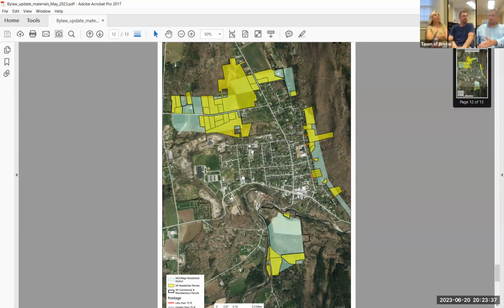So what are some of the changes? We've been discussing dimensional standards and other things that you can make within the village planning area that would provide for those increases. John's looking for other site plan reviews that would protect people, if you're going to be more dense, from, say, lights over the property line or excessive noise or some other criteria like that.